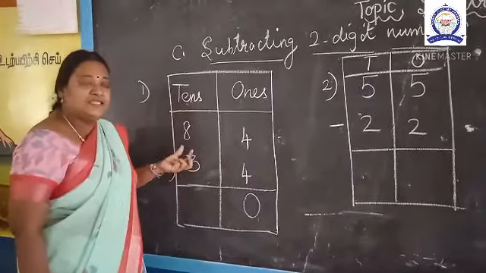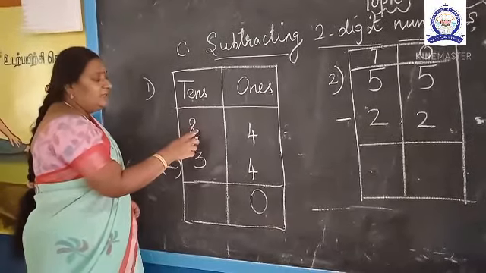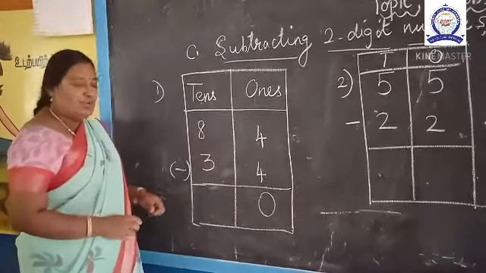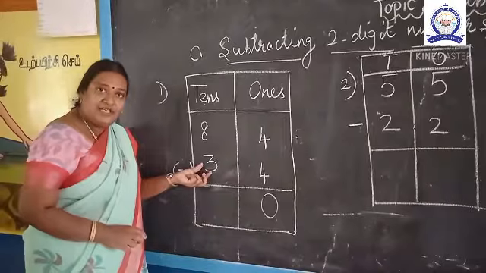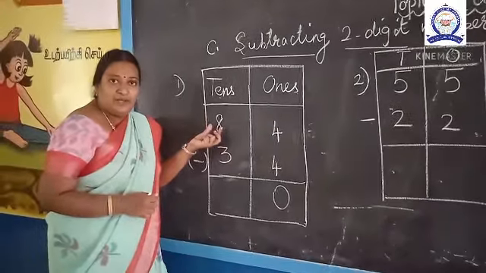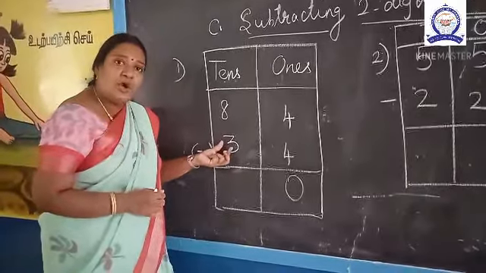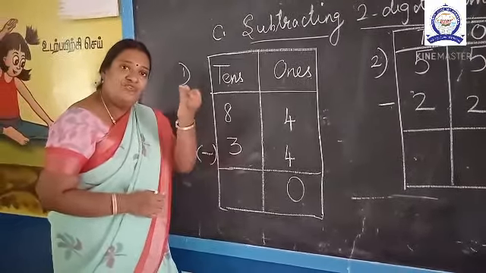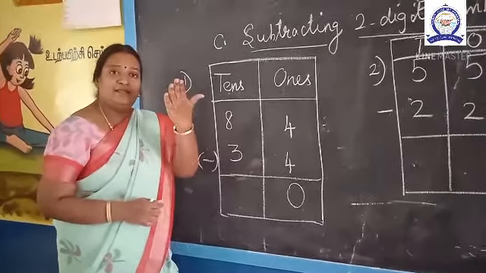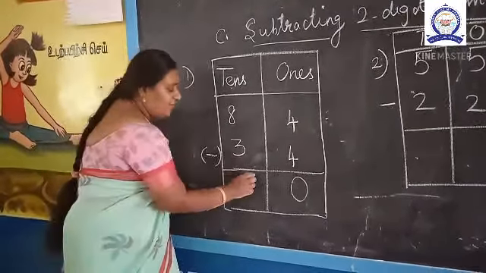Now the second step is to subtract the tens column. Okay? Listen. So in tens column, 8 minus 3. You have to subtract 8 minus 3. So what do we have to do? You count after 3 up to 8. I am going to count from after 3 up to 8. That is your answer. So after 3, so 8 minus 3. So you count after 3. So after 3 comes 4, 5, 6, 7, 8. Count up to 8. So how many fingers do we have? 5. So your answer is 5.